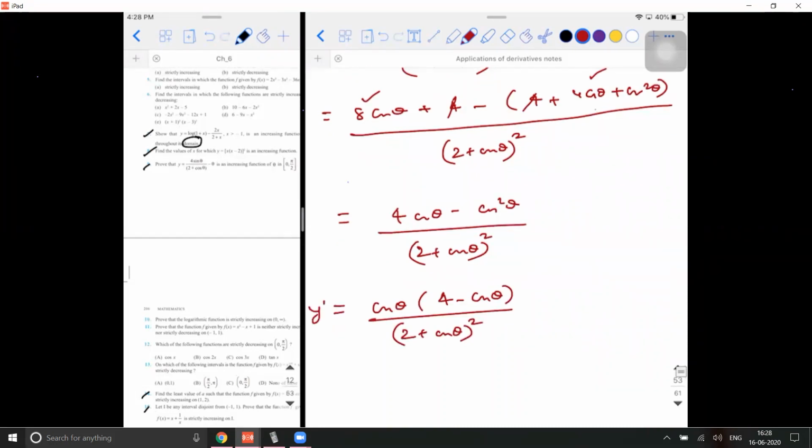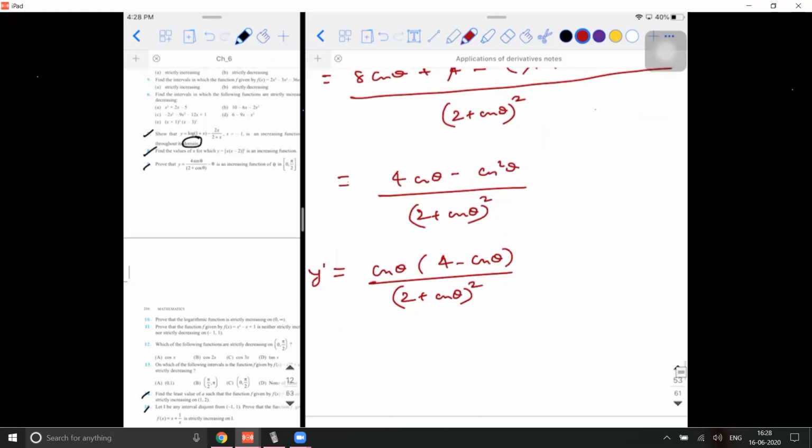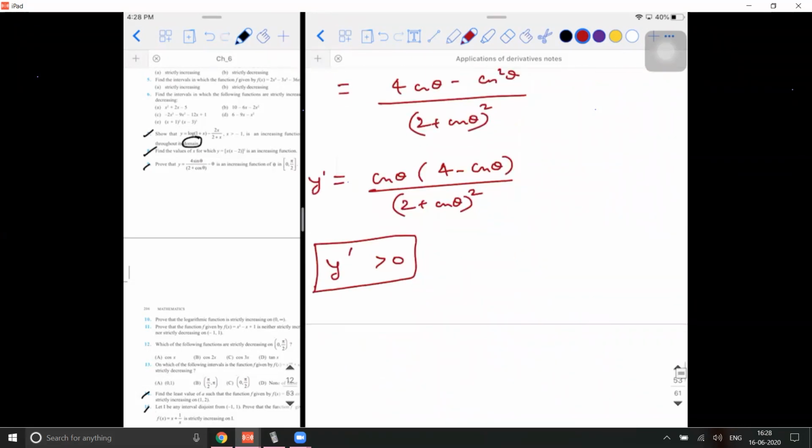So this is the value of y dash. Till here you people can solve. Listen to it carefully. Now what are they asking? You need to find the intervals of theta for which the function is increasing. So y dash should be greater than 0. Again, what are all the checkpoints you need to verify? It is in which form? Product of two terms in the numerator and the denominator. Right? So y dash should be greater than 0. Again, numerator should be greater than 0, and denominator simultaneously greater than 0, or the vice versa.